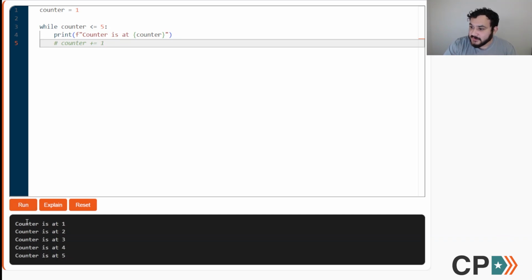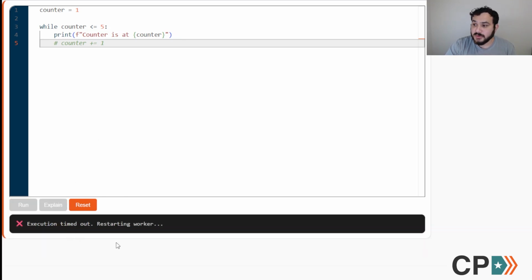But if I run this, I might not see anything right off the bat. And that's really more because my code editor is a little bit more specific and doesn't really show you what's actually happened. But if I were to wait long enough here, I would get an error. We don't see it here, but under the hood, it's attempting to run this while loop, and it's running over and over again, but nothing else is actually happening. If you're using something like VS Code, you would see multiple different outputs here of the counter. And I don't know if you saw it real quickly here, it said it timed out. So although we didn't see it actually happening, what's really happening under the hood is